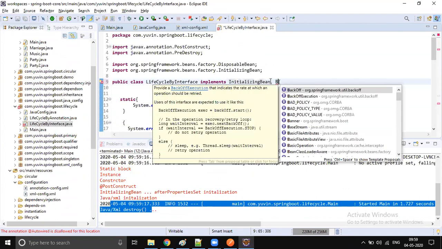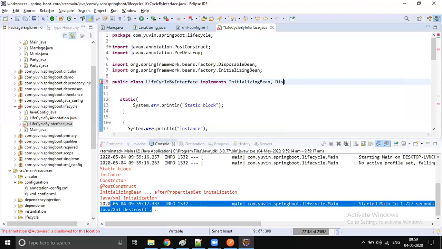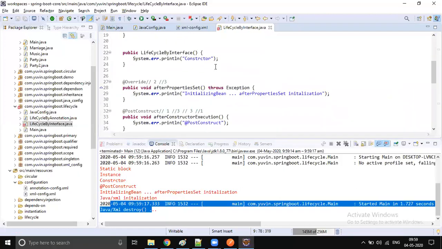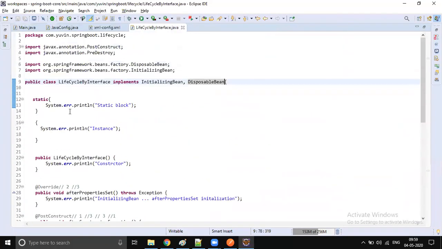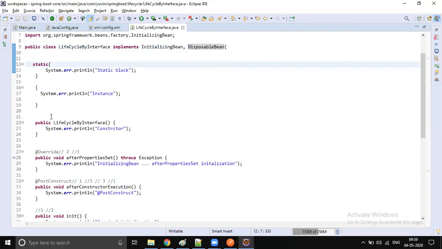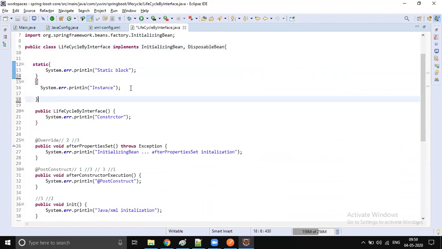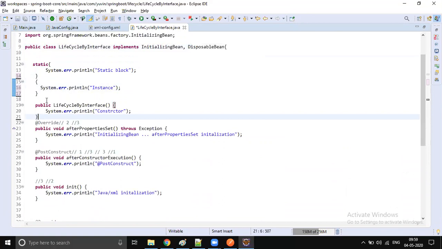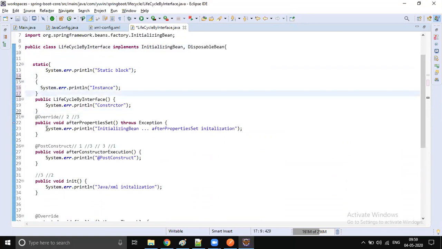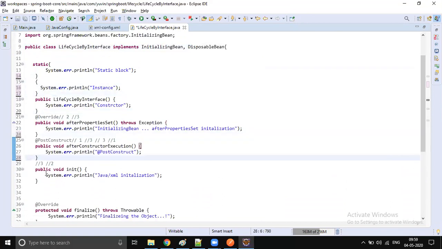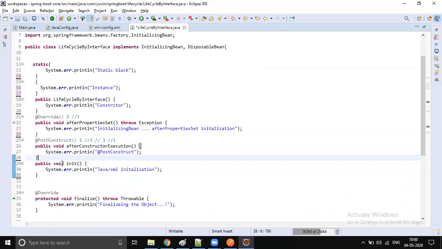Okay, can somebody guess, with DisposableBean, what could be the output we are going to get now? I want the complete output. Let me remove the spaces. I think you will not be able to see the complete file. Wherever I have extra spaces, I will remove them. Just let me know what is the complete output of my file. If you are not able to say it, just ping me on the chat. That is also fine.